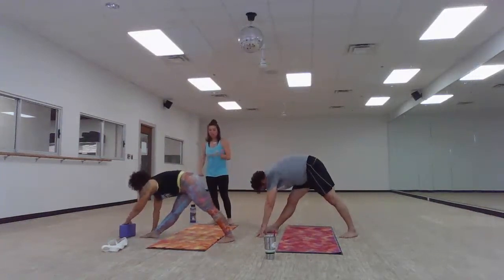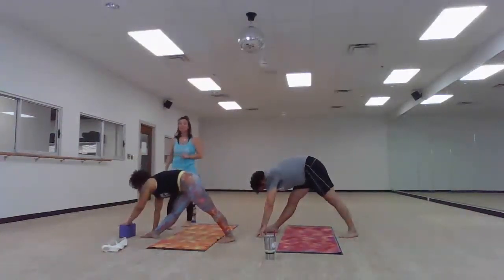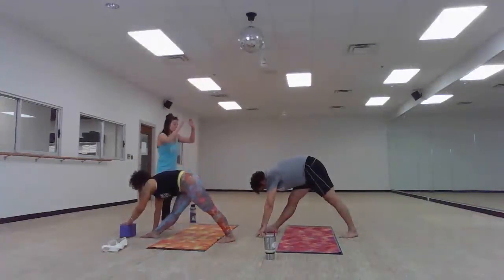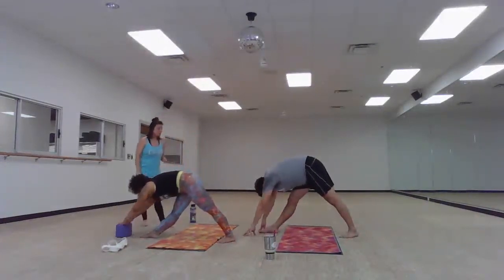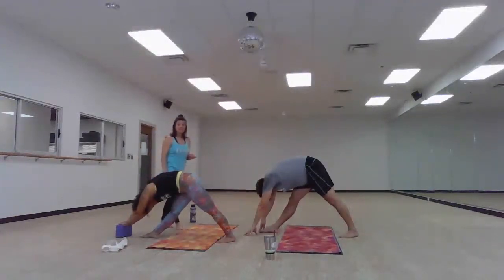Adjust your hips one more time. Push left hip forward, right hip back. Kathy put her block in front of her right toes. Stretch both arms out long in front of you. Lock your knees to start. Pull your belly in, tuck your chin to your